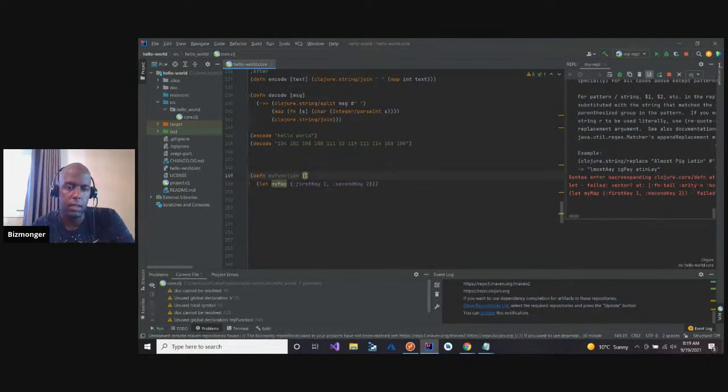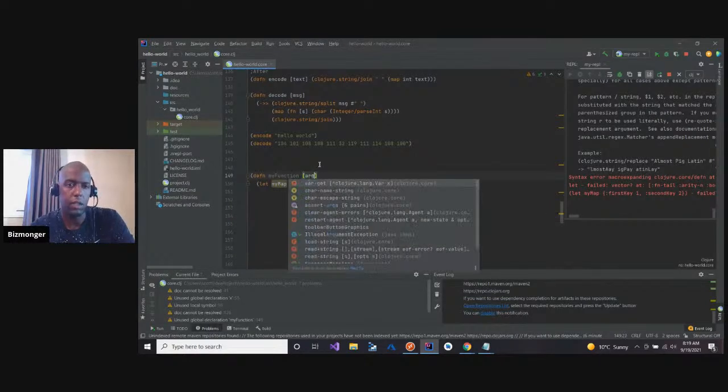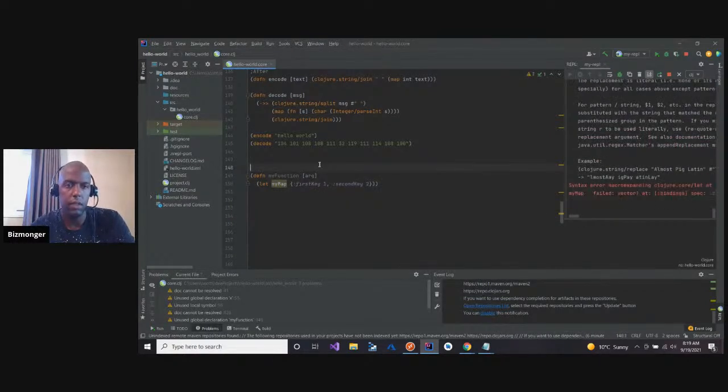All right, let's say arg. Oh, and it's like, nope. Oh, because no, that's fine. Define function, code vector arg. And then they have let. I'm not sure why it failed, vector at